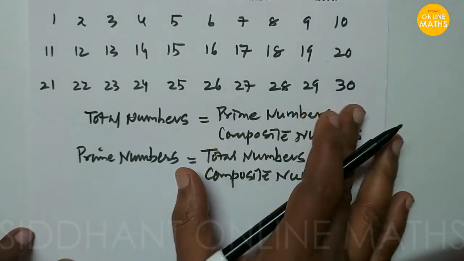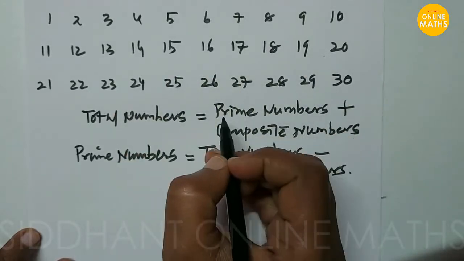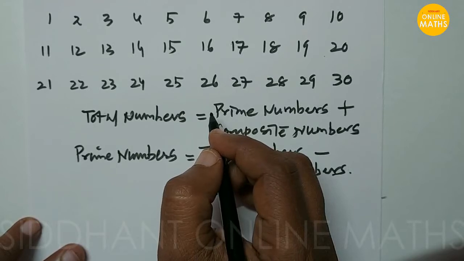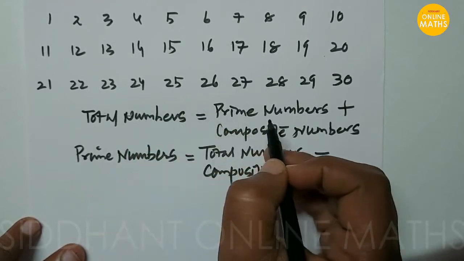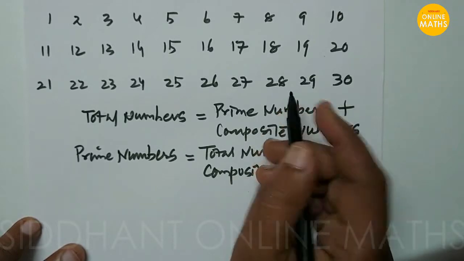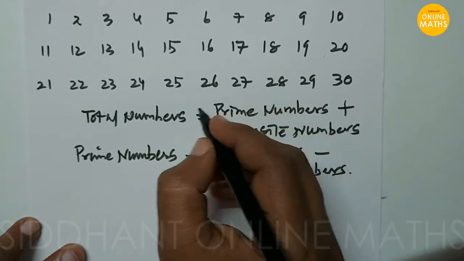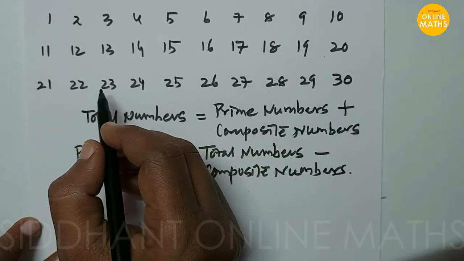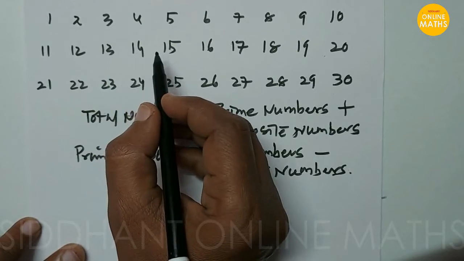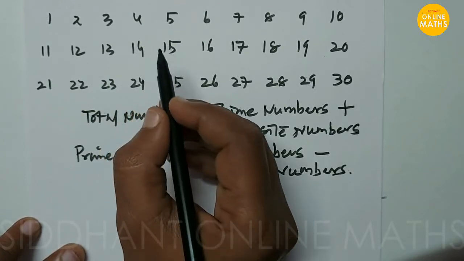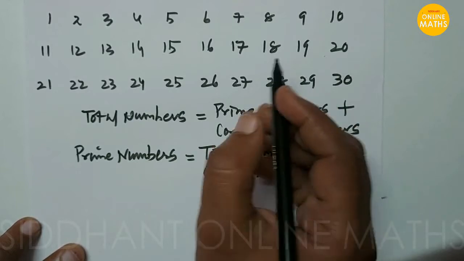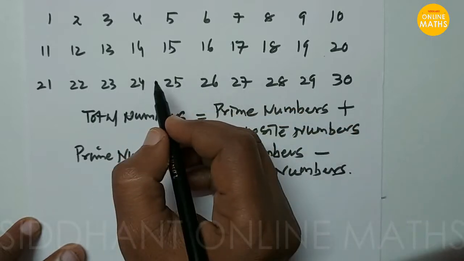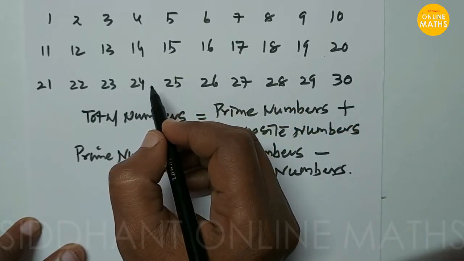So let's check the numbers from 1 to 30 and find out the prime numbers here. What is the methodology we are going to follow here, that we are going to understand. This is the method which was given by a Greek mathematician in the 3rd century. Here we are going to find out the numbers which are multiples of particular numbers, and we are going to circle those multiples, and for each number we find the multiples, and after that the numbers which are remaining are the prime numbers here.